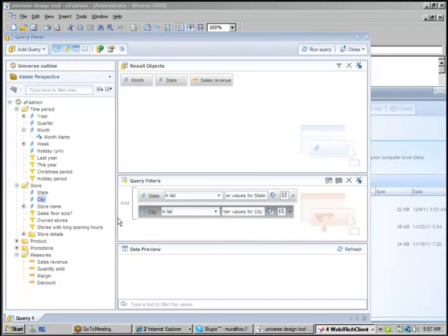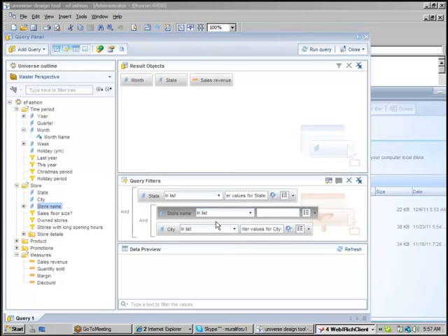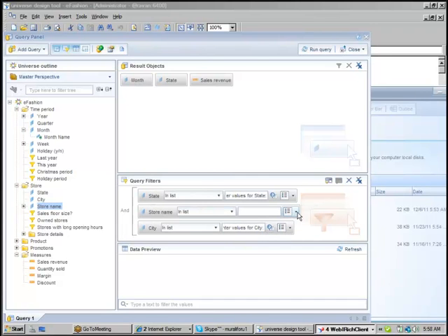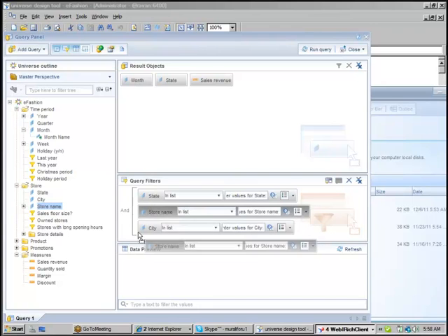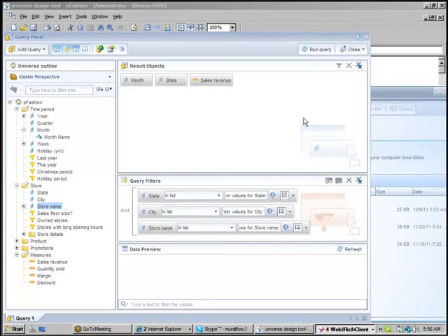Now there is a cascading between these prompts, but still it's not working. State, store, city prompt, store prompt. Let me change the order. Now I have state, city, store name.